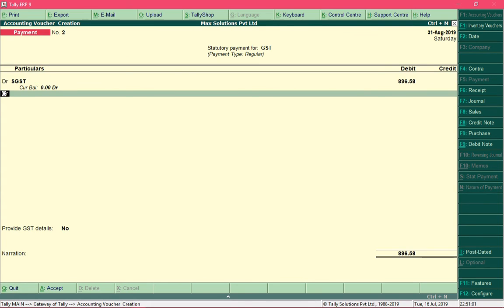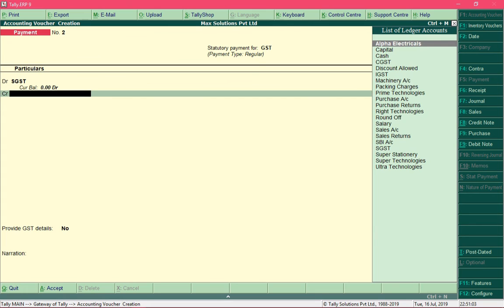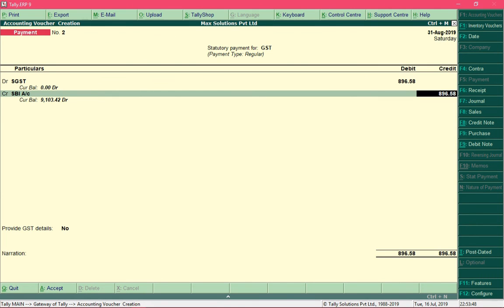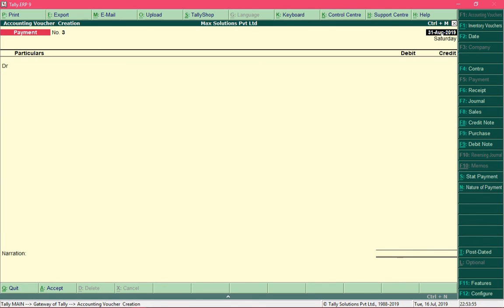As soon as you debit the SGST ledger, the liability amount becomes 0, and credit the bank ledger and press Ctrl A to save the entry. So this is how you set off GST liability and make payments for GST.